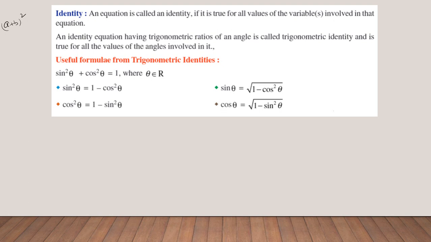The same way here also in trigonometry we are going to have such identities with respect to the trigonometric ratios. There are totally 3 trigonometric identities. If you are able to remember these identities, then you can solve any problem related to exercise number 4. The first identity, identity number 1, is sin square theta plus cos square theta is equal to 1. Here the theta value belongs to R, which means theta can be any angle.